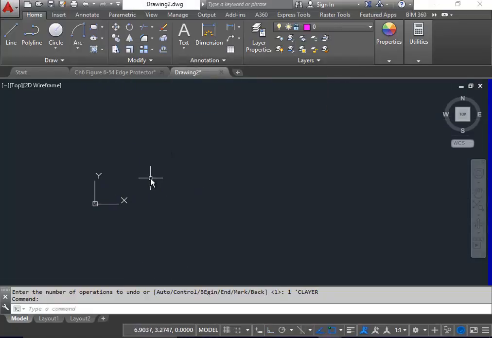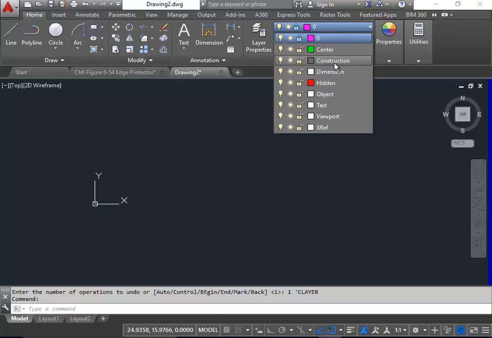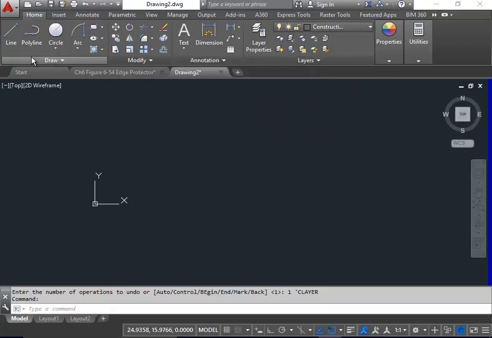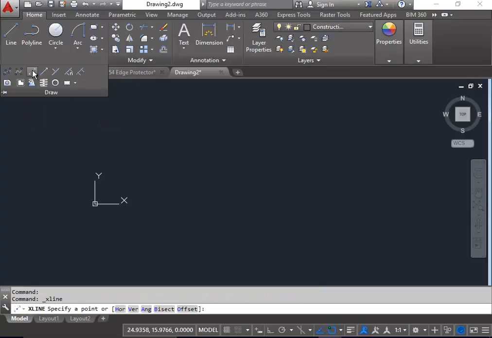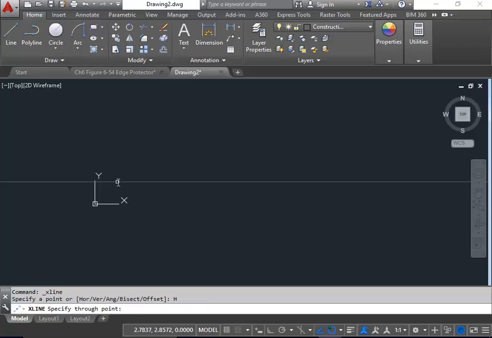It's important you turn the grid off so that the construction lines and the grid do not conflict with each other. I'll switch this over to construction line for my layers, and I will go to the construction line option. I'm going to choose the horizontal construction line option, or you can type the letter H and hit enter. My first point is going to be 0, 0,